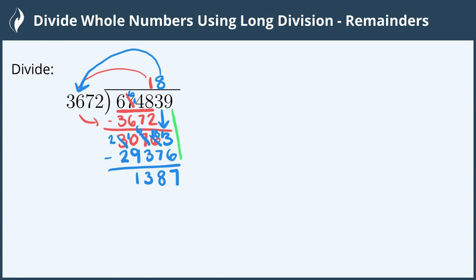Now we need to bring down the next digit, and we have the new number of 13,879. And we need to find out how many times to multiply 3,672 to get as close as possible. I can see that 3,672 times 3 is going to be pretty close. 4, I think, will go too far. So I'm going to guess 3. 3 times 3,672 gives us